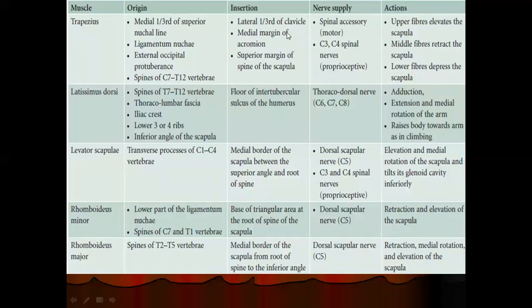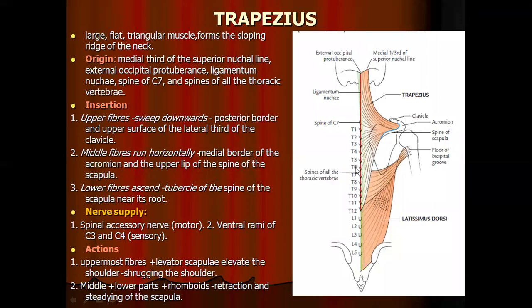Now, see, this picture has been taken from Vishram Singh. I will discuss each in detail, but this is something in a nutshell, which helps us to understand the trapezius, latissimus dorsi, levator scapulae, rhomboids minor, major. This table was given in the upper limb book itself, and of course, we have done this. But as a small revision, let us review it, because again, we are doing the muscles of back.